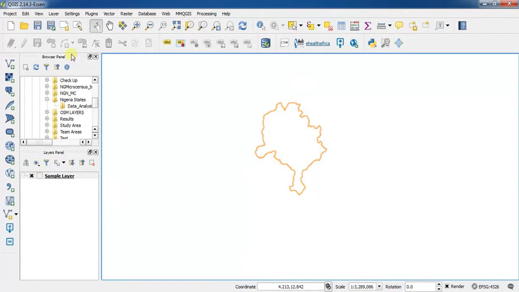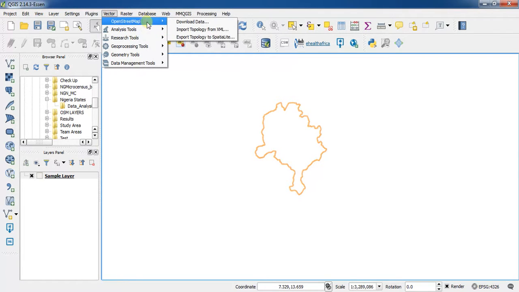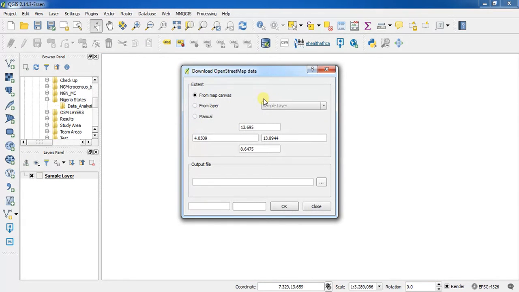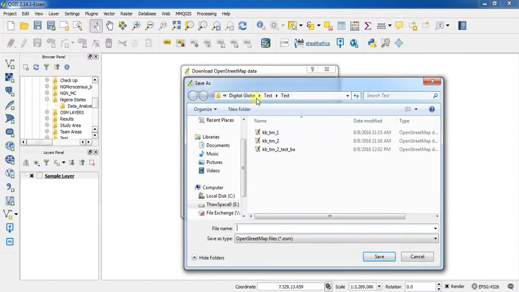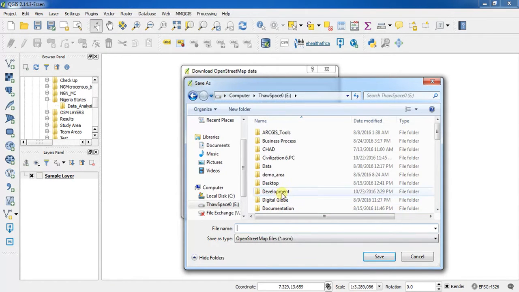So for you to do this on QGIS, you really do not need any plugin. You come to Vector, and you have an OpenStreetMap menu. So Download Data, that's the very first thing. This is the place where you can fill in your parameters for your data. I'm going to be using my layer as my extent. So I have my sample layer here, and it automatically fits this in. If I remove this, it changes it. If I fix it back,